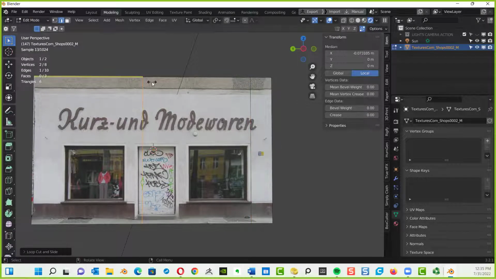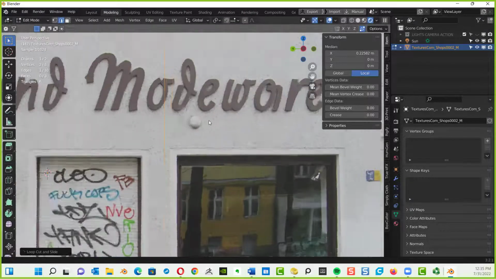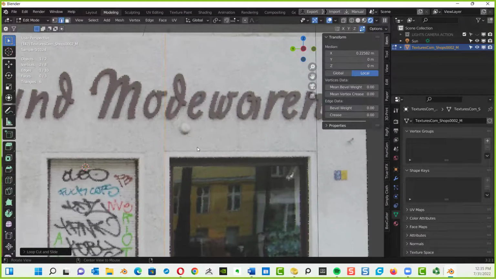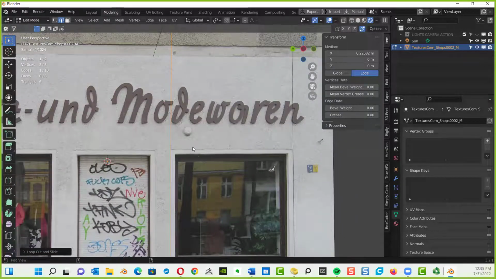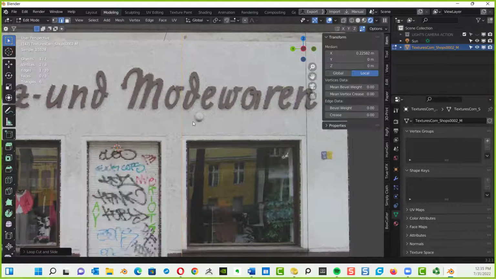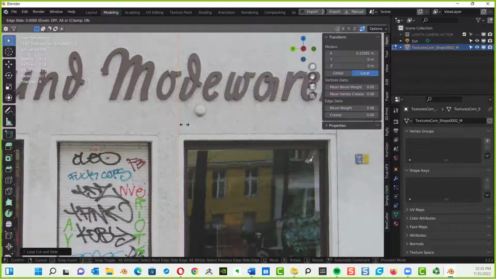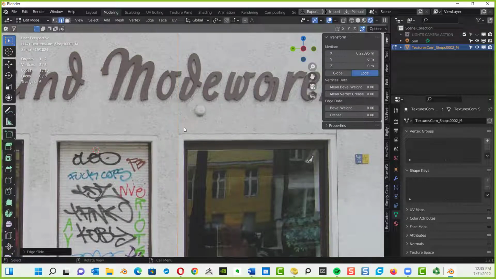Control R. Left click and hold. Drag it on over, get the outside of the facing. And I can zoom in close to inspect it. Say, for example, you want to edit that edge. You really wanted to slide it to the left or to the right a little bit more. Here's a trick that I haven't taught you yet. The shortcut is double G. Double G. And now I can slide it wherever I want on the face of the polygon. And then wherever I put it, I'm going to put it back to where it was. Left click, and there it is. You're going to use that a lot.